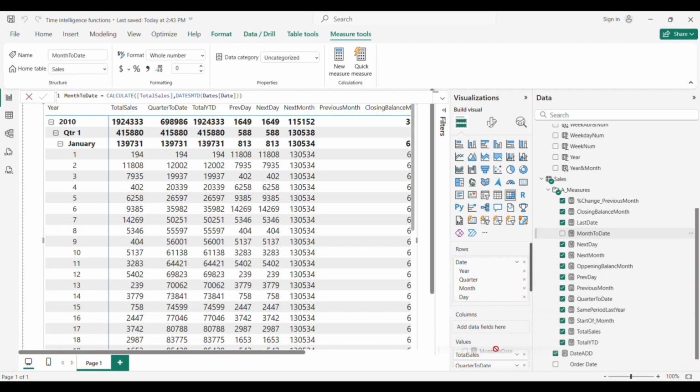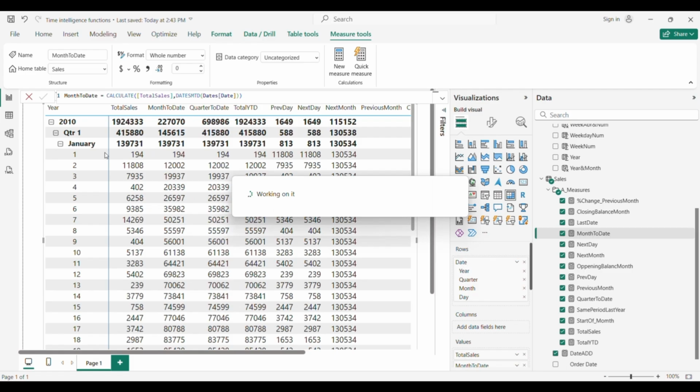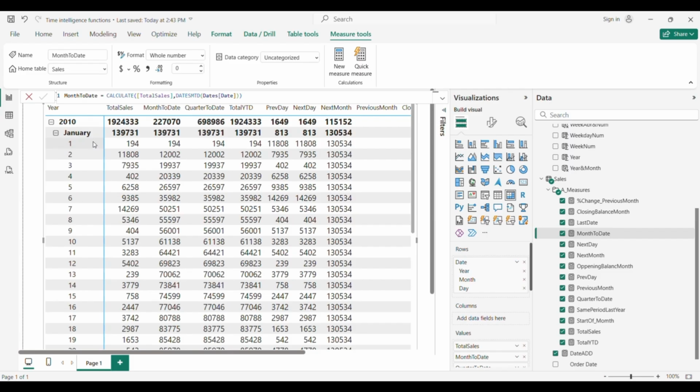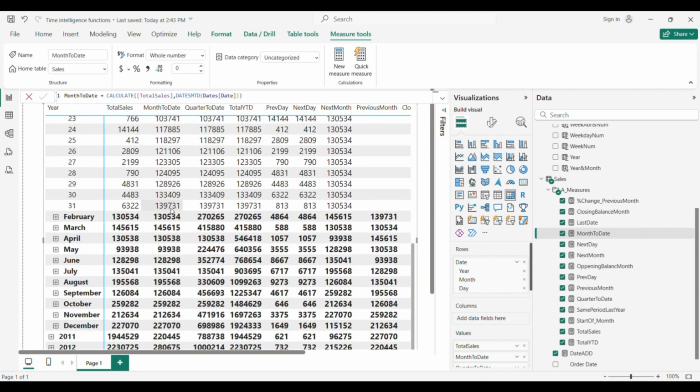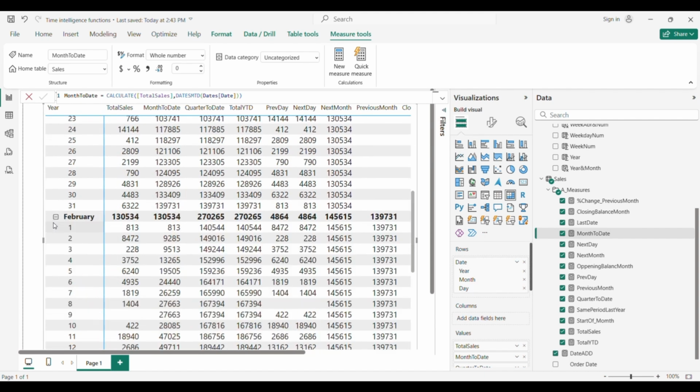Let's just see the measure in action. I will just pull out quarters. Okay, and we can see now that all the numbers are summed up until the end of the month, and then with February it starts again from the first day of February, and it goes in the same way.